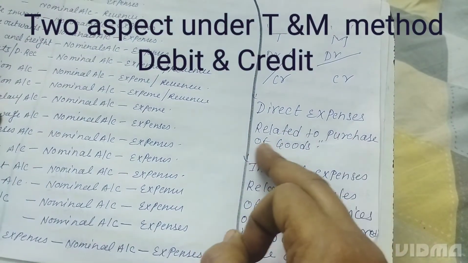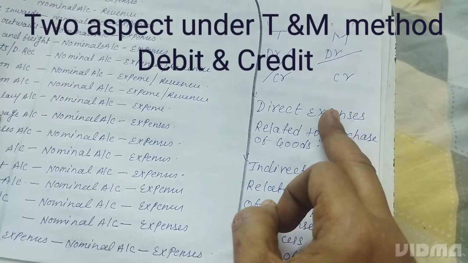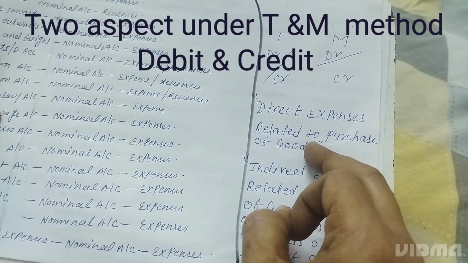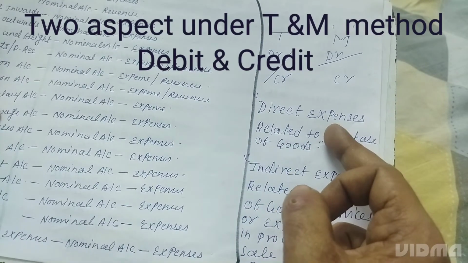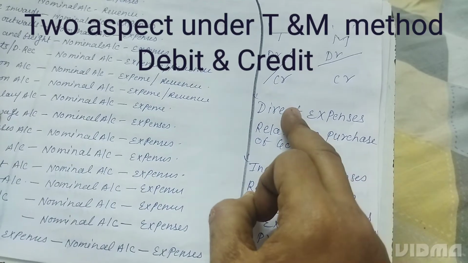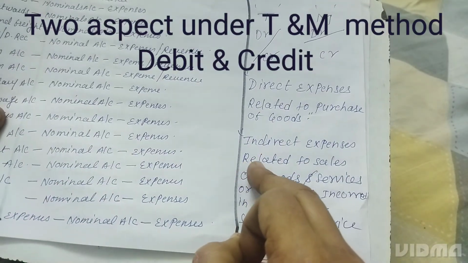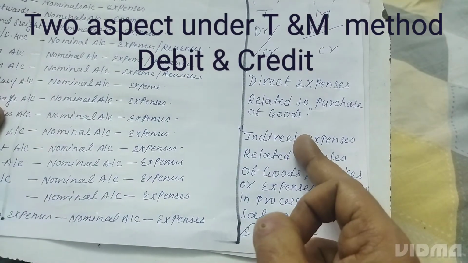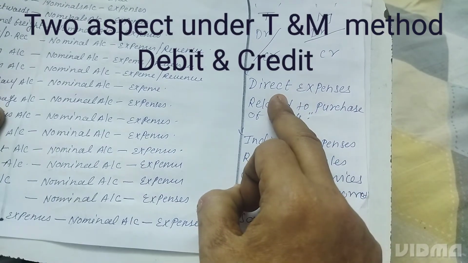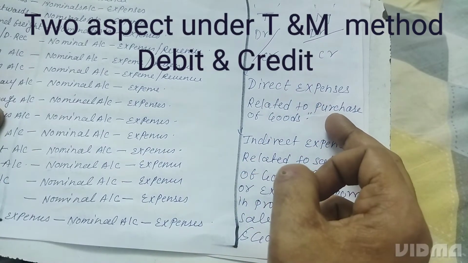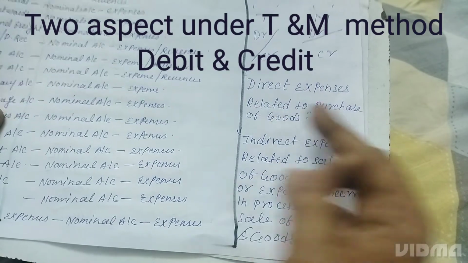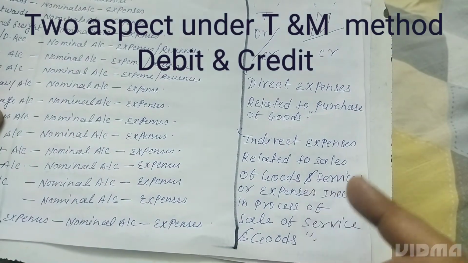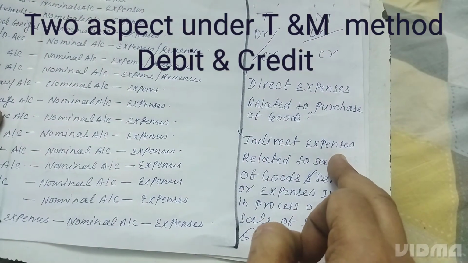Direct expenses related to the purchase of goods. Direct expenses are those expenses which are related to the purchase of goods: when the goods are purchased, the expenses incurred in the process of purchasing that good are the direct expenses. And when the process is involved in the selling of goods and services, those are the indirect expenses. Let me explain once in Hindi. Direct expenses are the costs of the processes by which we purchase goods, and the expenses we incur to sell goods or services come under indirect expenses. Okay,